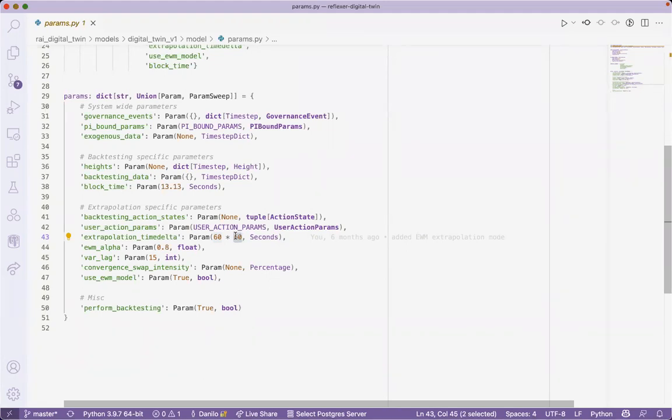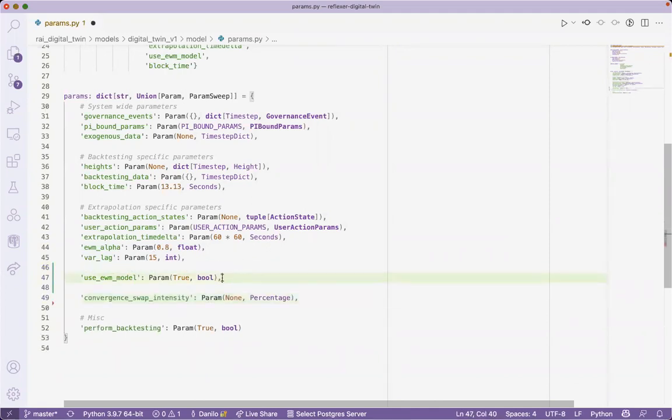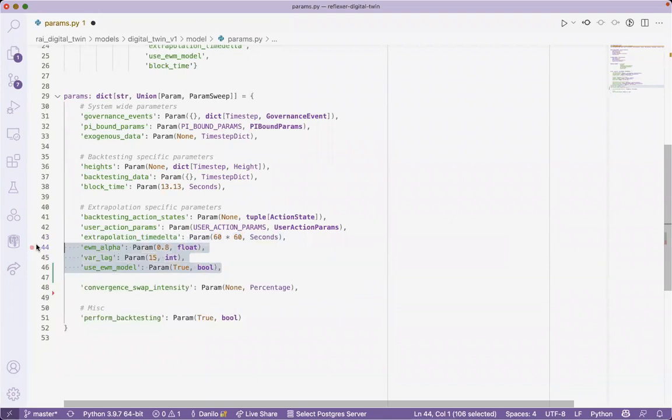So the thing is that on this digital twin, we have two behavioral models. One is associated with those two parameters. Actually, it's associated with those 3 parameters here. And another behavioral model is associated with this parameter here. The model associated with those 3 parameters essentially takes the past actions that happened over the system, and it uses a